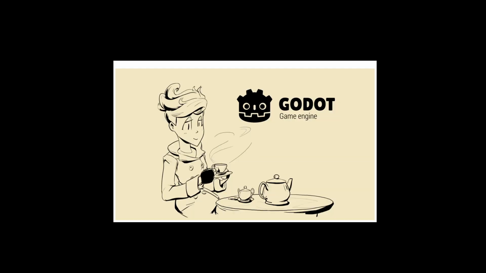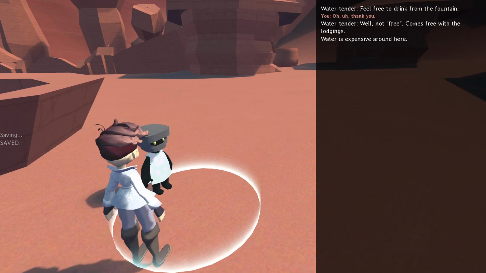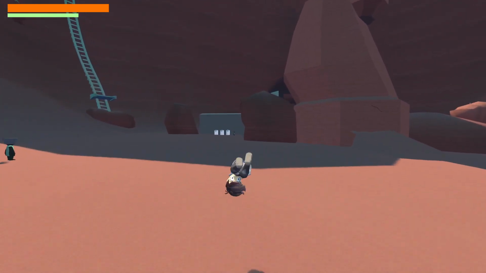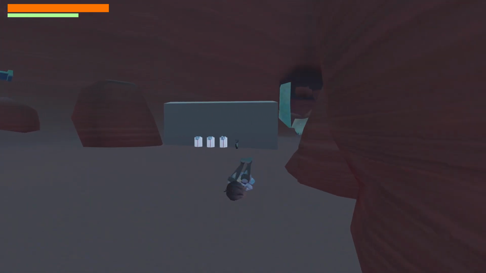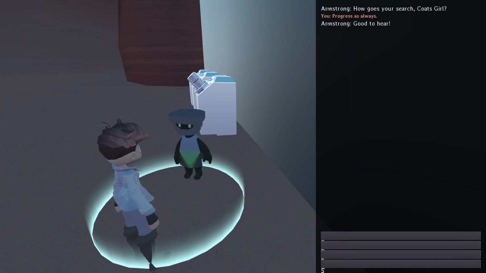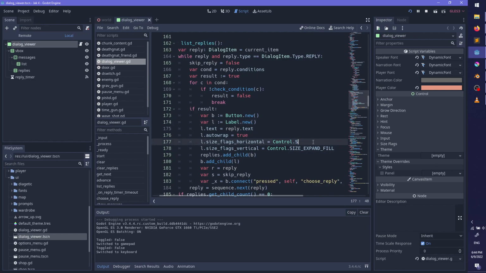I wonder if I could just edit the child of the button directly. All right, let's go back to our old friend Armstrong. Maybe I can do size expand.